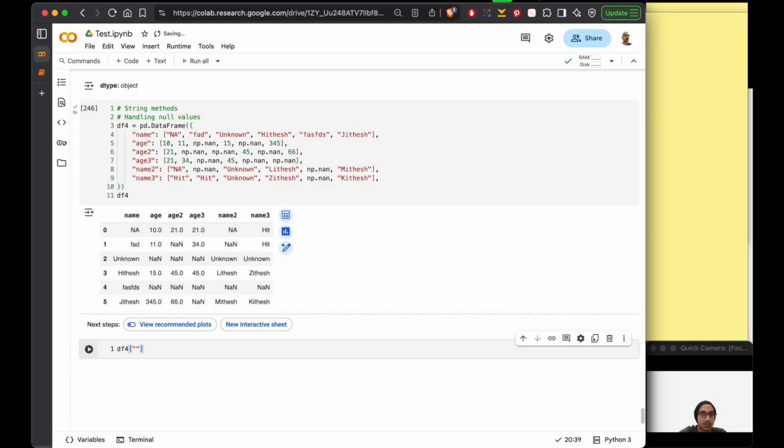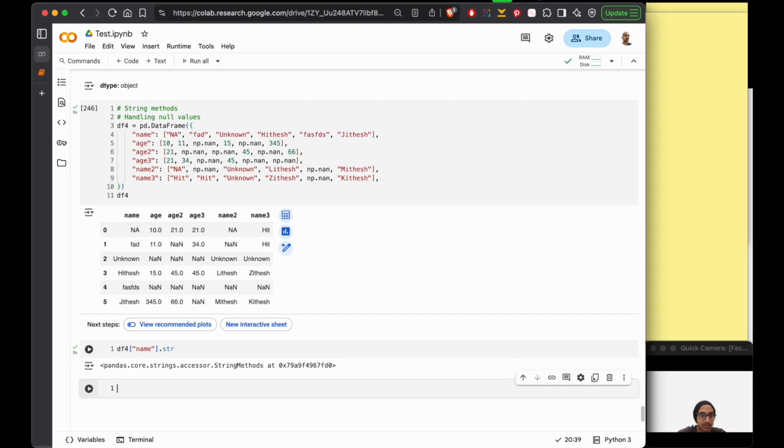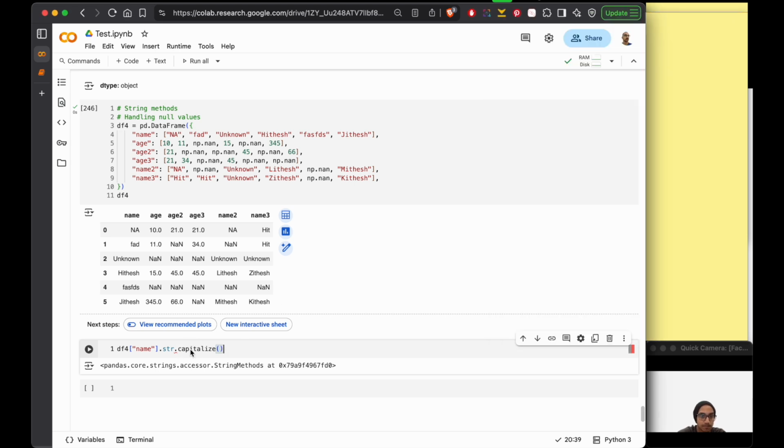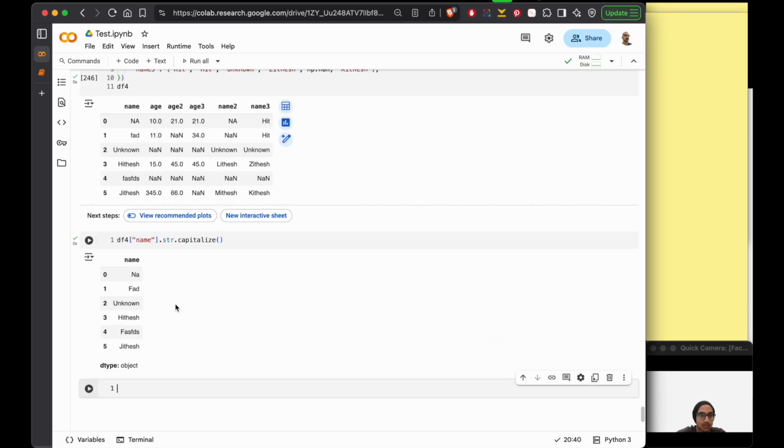Let's say I'm going to extract the name column. Then I use the str object, which is called the string methods object, and on this I call the capitalize method. Suppose I do this, what you will see is